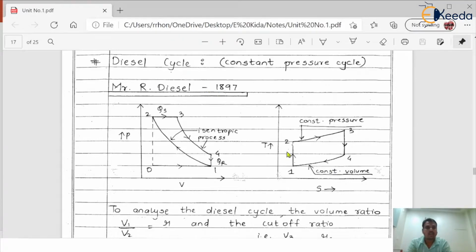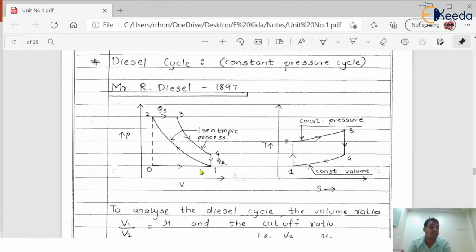This is a theoretical cycle. Again, as you remember from the auto cycle, the curves are different compared to the auto cycle. The auto cycle's curves are different and the diesel cycle curves are different. Similarly, in the case of a diesel engine, we are using diesel as the fuel instead of petrol. In the case of the auto cycle, we have to use petrol as a fuel and the air fuel mixture will come